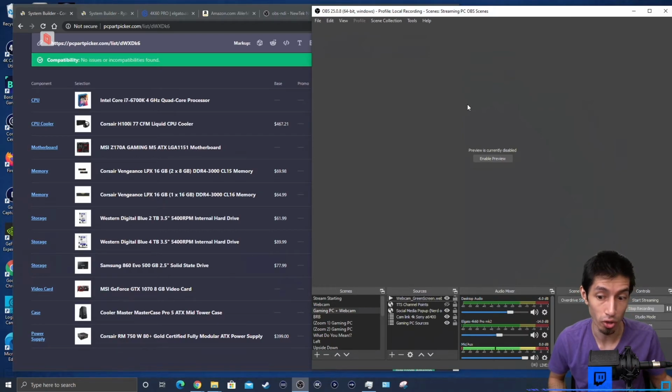So I have all my audio from my game PC, Discord, game audio, system audio, desktop audio, all being routed from the GoXLR